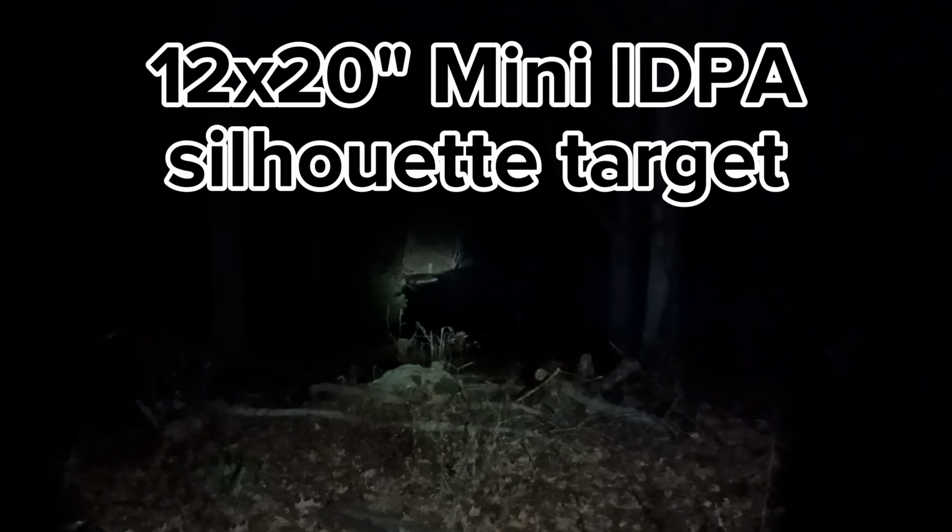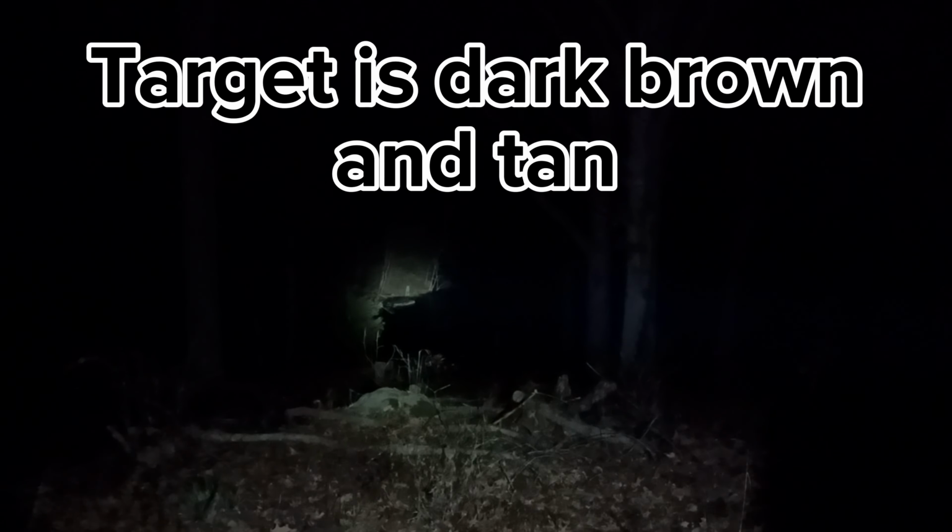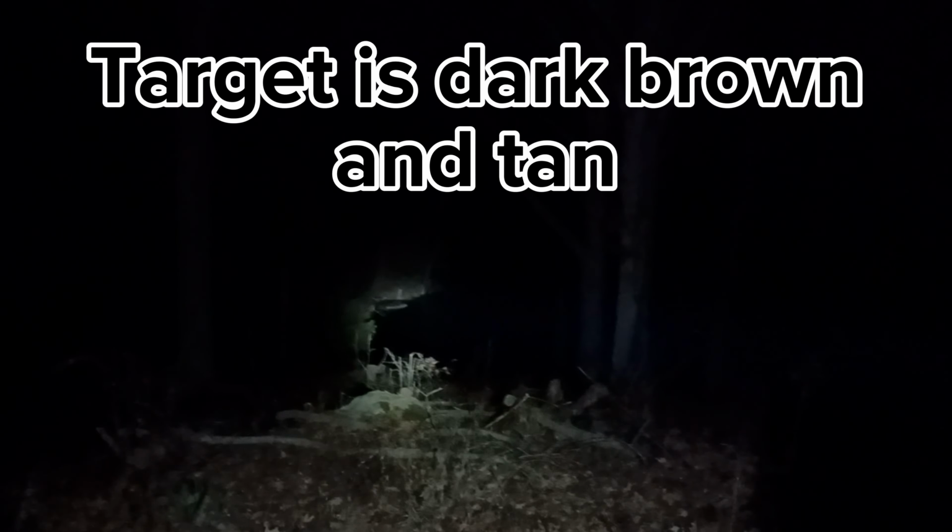There we go. We got that lit up. Right now where I'm standing, it's about 90 yards to that target. I'll draw a circle around it so you can see it clearly, but it's very, very clear with this light. Now, if I shine over there on that shoreline, which you could see,